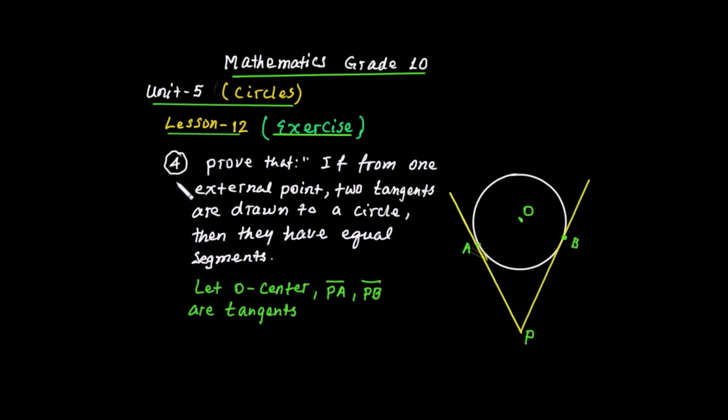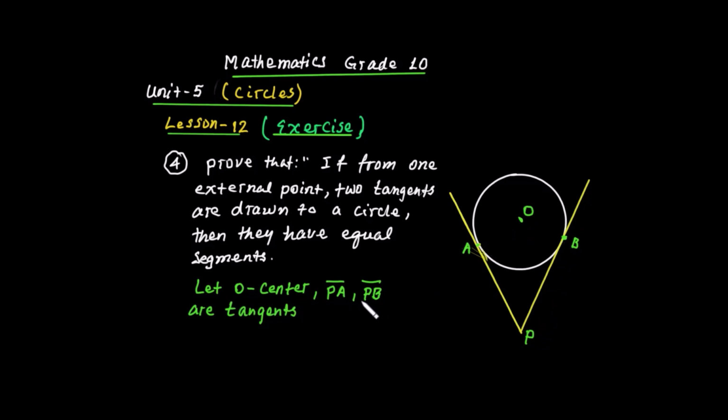አራተኛው ጥያቄ ደግሞ prove that if from one external point P two tangents are drawn to a circle, two tangents PA and PB, then they have equal segments. ስለዚህ the segment PA must be equal to the segment PB ነው። ያ ነው ስቴትመንቱ የሚለን። ይህንን ለማረጋገጥ let O is the center of the circle። እዚህ ሴንተር ትሁን